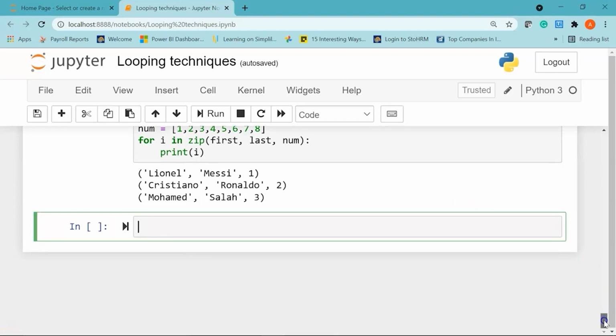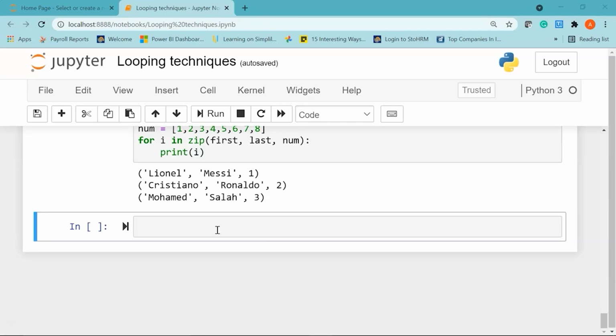Now coming to the final section of this demo on looping techniques in Python, we'll explore zip_longest. Python's itertools is a module that provides various functions that work on iterators to produce complex iterators. An iterator in Python is an object that can iterate through sequence data types such as list, tuple, string, and so on.